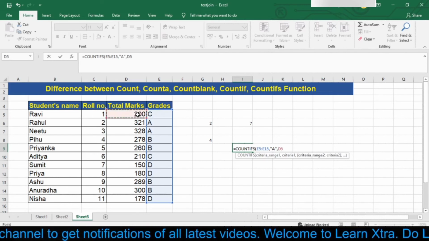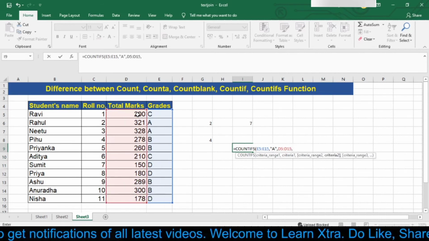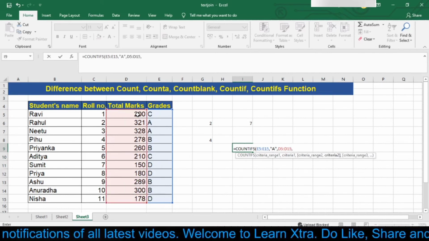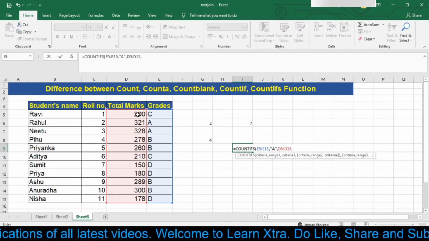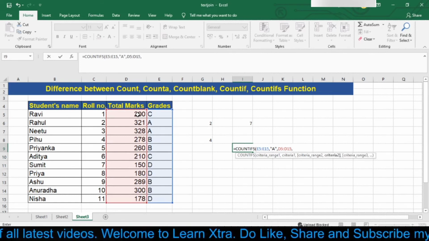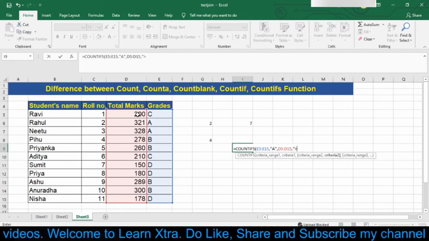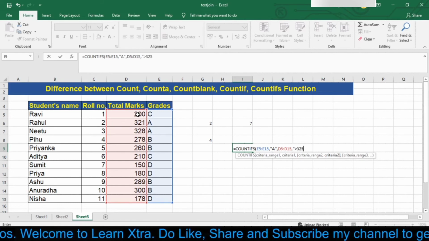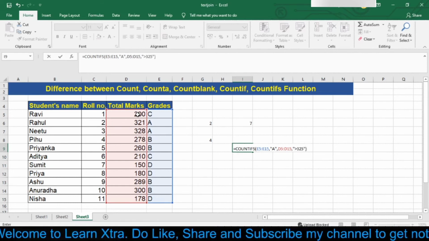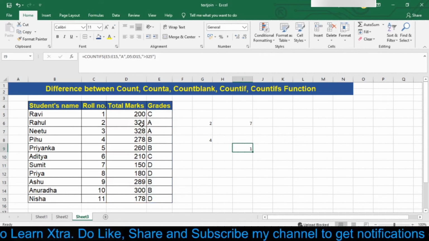Simply type A in double inverted commas and then in criteria range 2 I am selecting the total marks range, and then in criteria 2 I want to count the marks which are greater than 325. Type 325 in double inverted commas and then press enter.